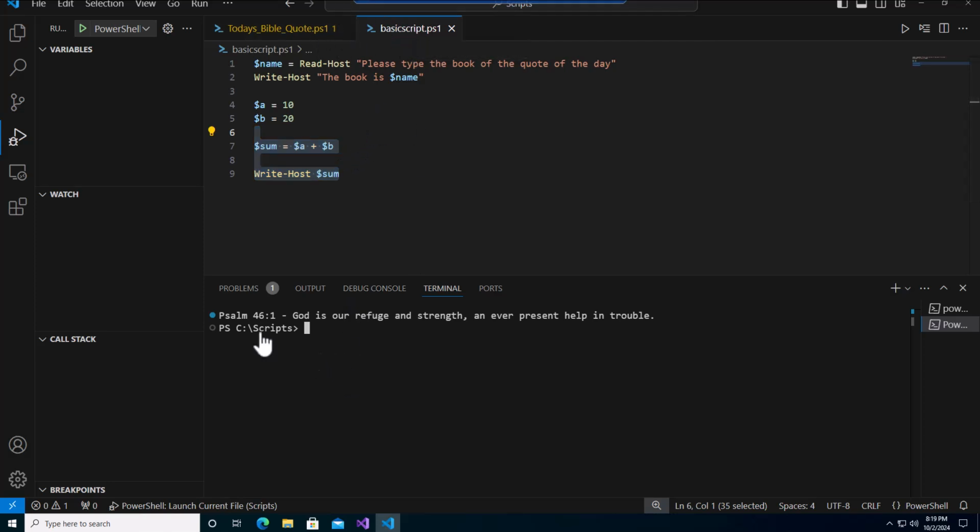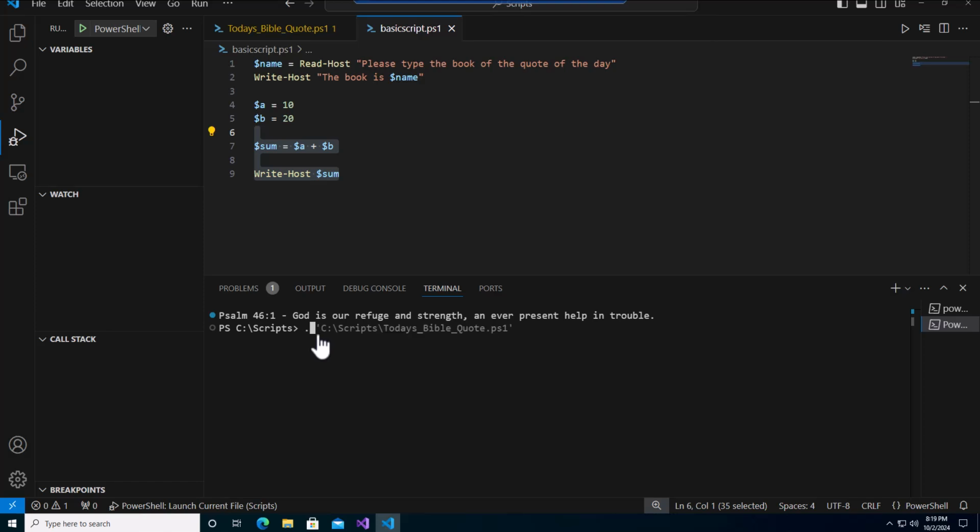So when you're in Visual Studio Code, which is the tool that we're using here today, this is the command line here, and we see how we execute the code every time, but we never really executed the script itself. So let's do that. Once you're in the folder where the script is at, which is C scripts,